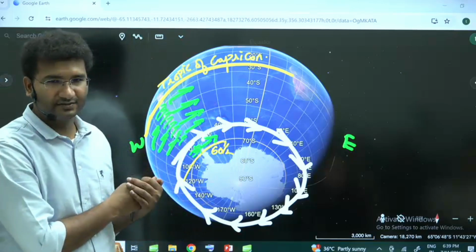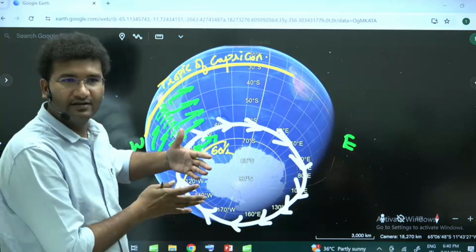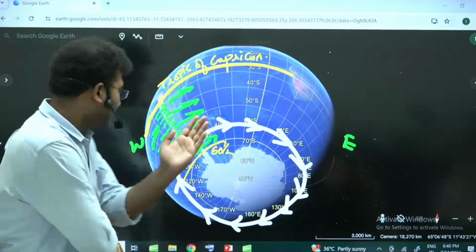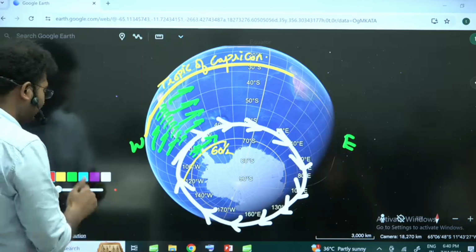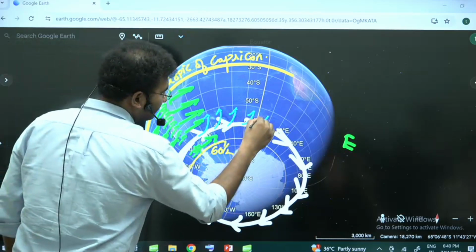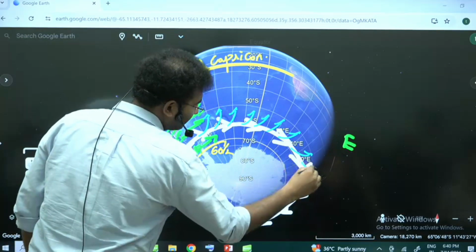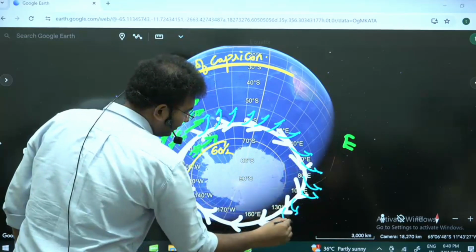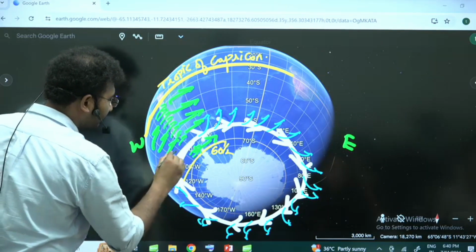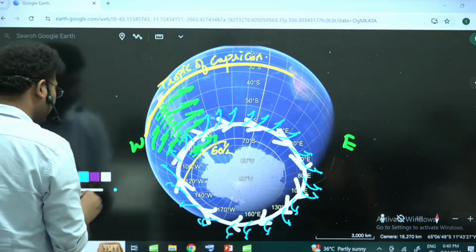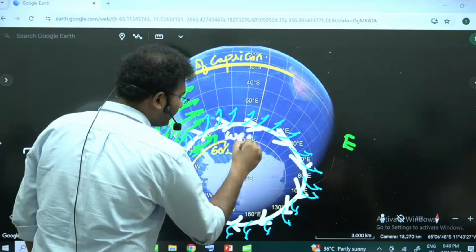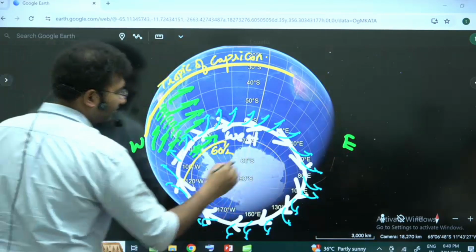Apply Coriolis force to this. It is deflection towards the left. Coriolis force deflection is always left in the south and right in the north, and that's the reason why you will see the deflection to be like this. All the water, they tend to deflect towards their left. Now this deflection is called west wind drift. This entire current name is called as west wind drift.